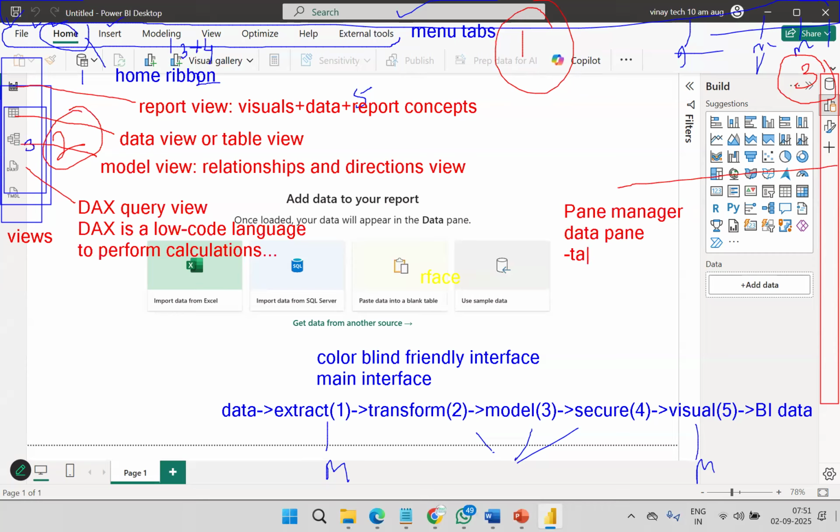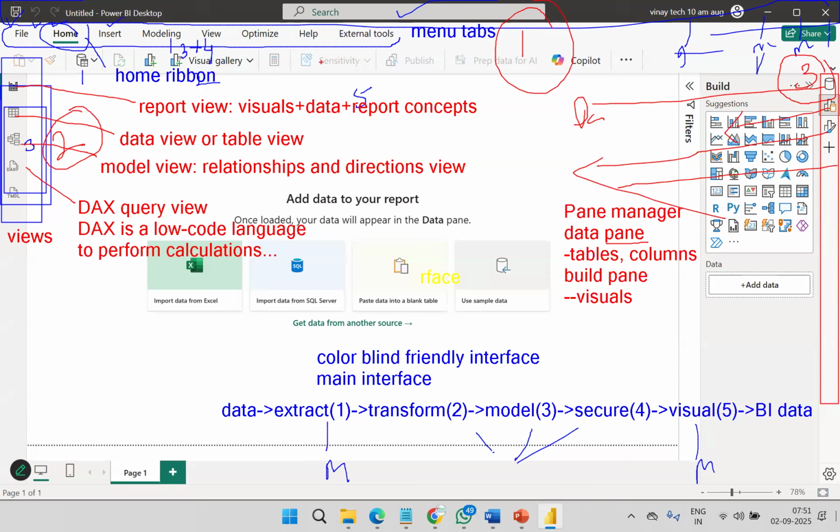The data pane has tables, columns, etc. available. Build pane: in this area, visuals are available. Like this, multiple panes. This is called the data pane. Pane indicates a rectangle box with a set of options. And this is the build pane, the visualization pane. And similarly to format it, the format pane. Multiple panes available.